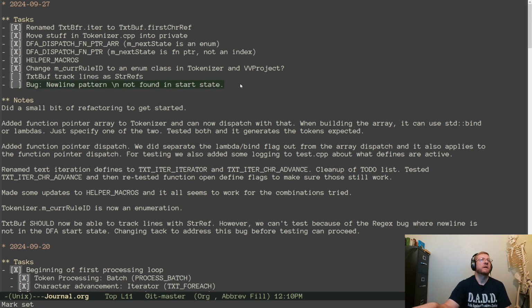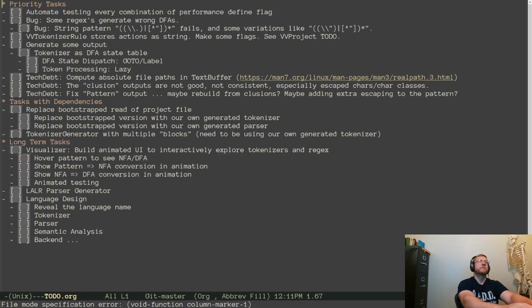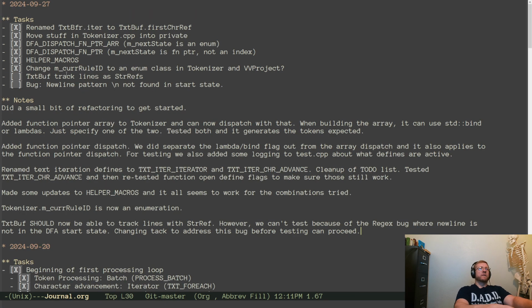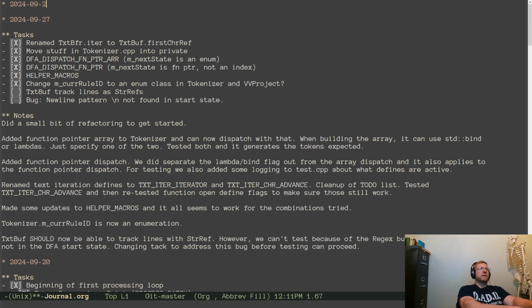Okay, so we're starting to track down this bug. We could not test this one because of this bug, so we've got to solve this bug before we can finish that testing. To do, yeah, so this bug, the DFAs don't all come in right, so it may also be related to this one. We'll take a look at both of those while we're at it. So let's get our day lined up here. Day is October 4th.